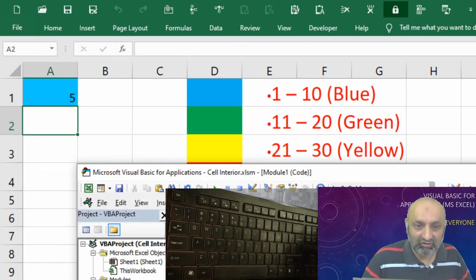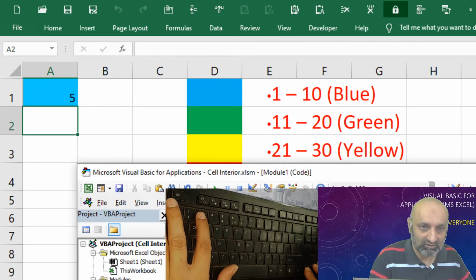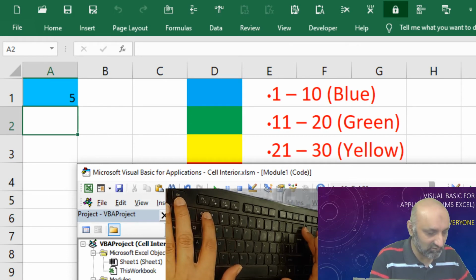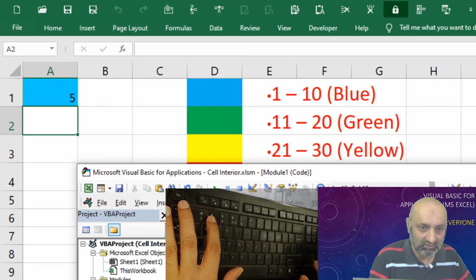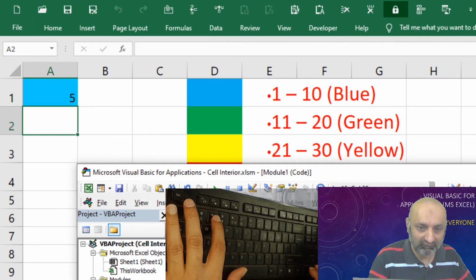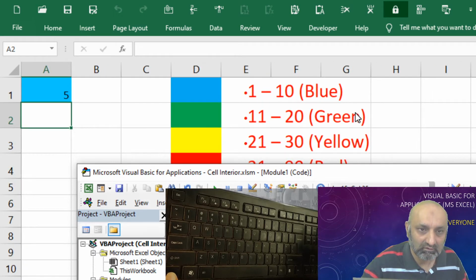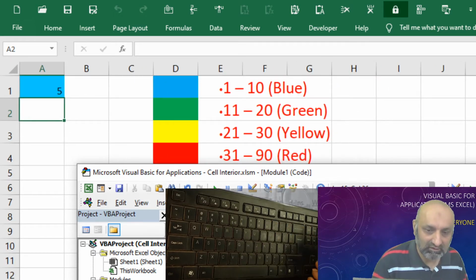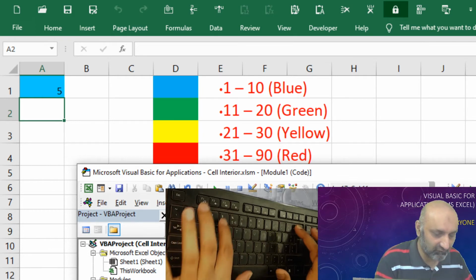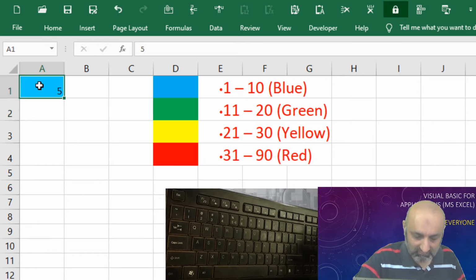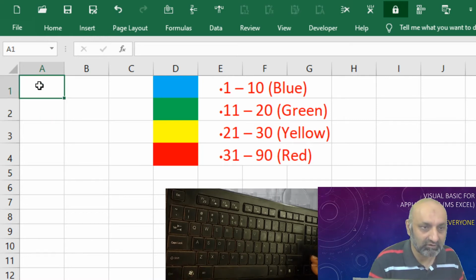Now, if Range A1 dot Value is less than 20, then it should be D2, and if it is less than or equal to 30, it should be D3, and if it is less than 90, I believe, yes, 90, then it should be D4.